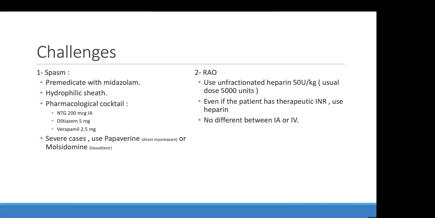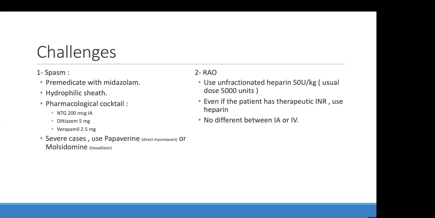RAO is a radial artery occlusion. It's one of the most commonly feared complications, and unfortunately, as I mentioned, it might happen at a rate of 10 to 33%. Although nowadays, I see it as very rare post a procedure that I've done. I think the reason is because you're using better, smaller equipment, and we're more aware of ways to